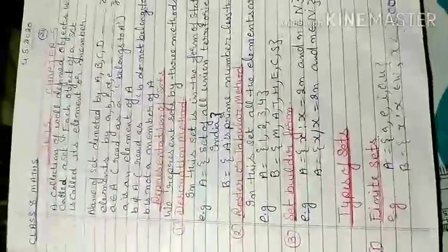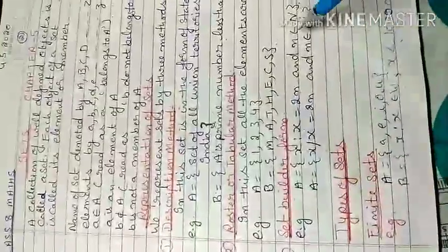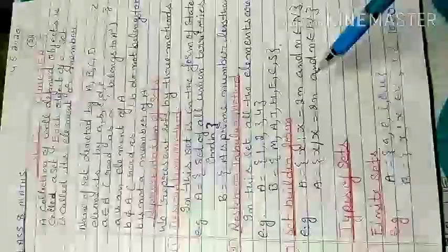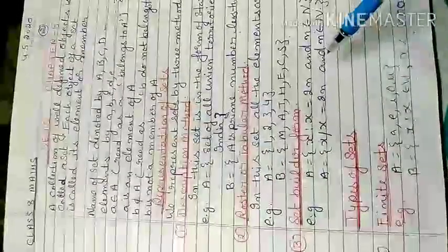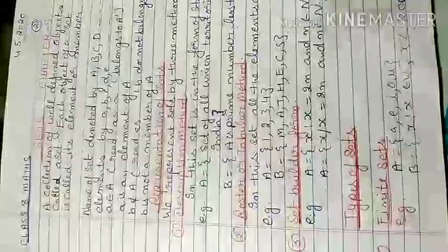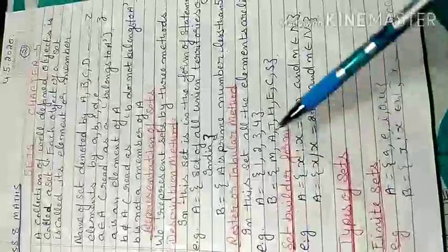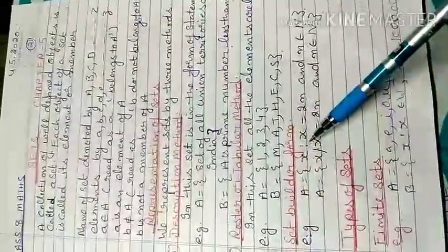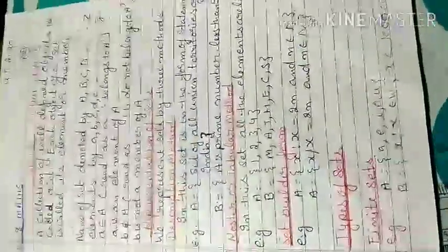We have a large quantity of numbers, so we represent this set with the set builder form. Set builder form is basically used if you translate it into the tabular form, so that will become the same set. If I have the set A equals {x : ...}, this is a colon sign, either you can represent it as a colon sign or as a slash sign.